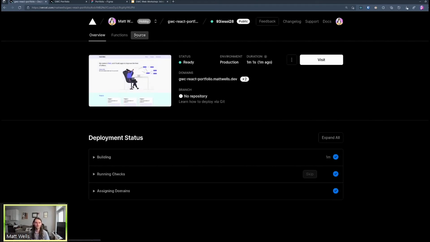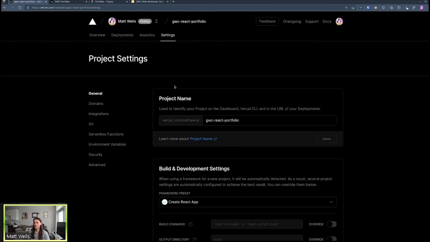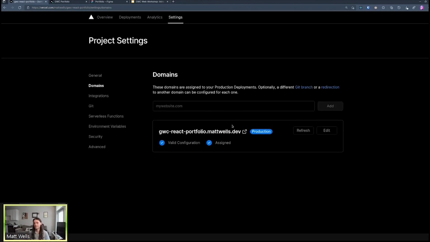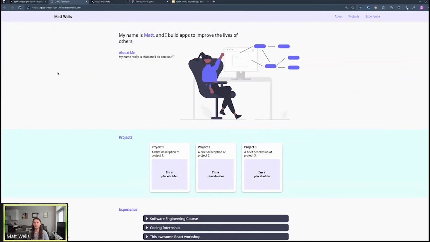You mean like the domain? Like the URL, like this URL? Yes. So you can go to the project and go to settings. And then there's a section for domains. I've actually done it myself. As long as you own the domain, so you have to pay for the domain, right? Once you have one, you can use it for free in Vercel. So like I own mattwells.dev, so I don't have to pay anything extra in Vercel to use that, if that makes sense. So I have it set up so it'll go to gwc-react-portfolio.mattwells.dev,